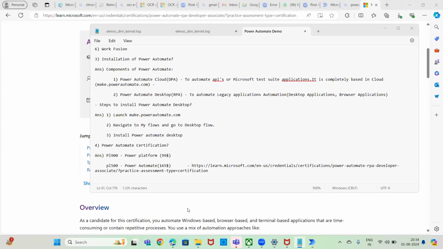Okay. Which tool to learn in the current market? UiPath and Automation Anywhere. Shiva, you can learn anything. UiPath currently has the largest market. And Power Automate is competing day by day. They are coming up with new